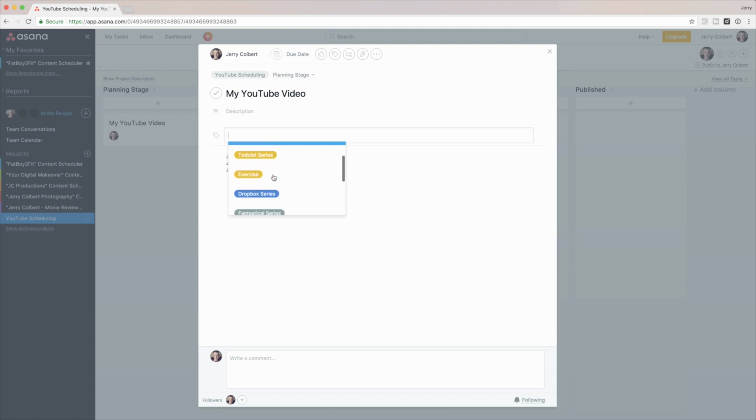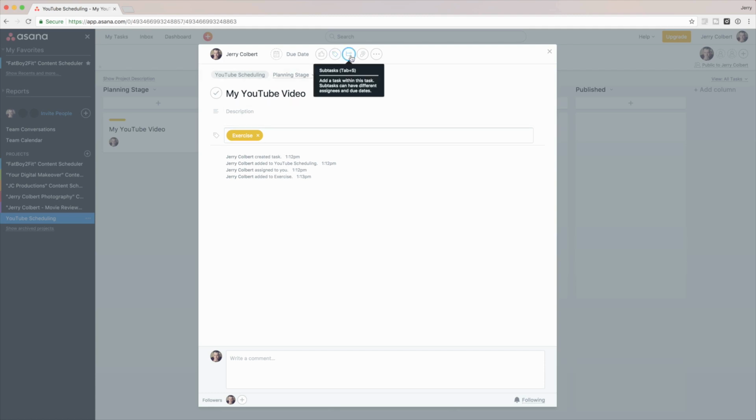But for this demonstration, since I don't want a tag called chopped liver, I'm just going to choose one of my tags I already got here called exercise. Okay. So now that I've created this right here, all I do here is there is a subtask if I ever want to create subtasks,